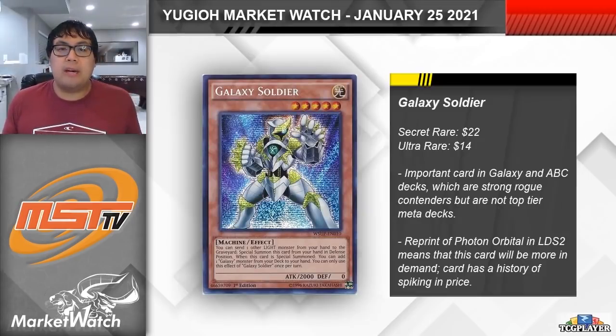So kicking things off, we're taking a look at Galaxy Soldier. This is a really popular card in a number of different strategies. Obviously, it's a key card in Photon since you can use it to dump other light cards from your hand to the graveyard to summon it, and then search either another copy of itself or another Galaxy monster from out of your deck. It's also useful in decks like Cyber Dragons and ABCs, who can use this card to load up the graveyard with light monsters and then use it as a material to go into Cyber Dragon Nova